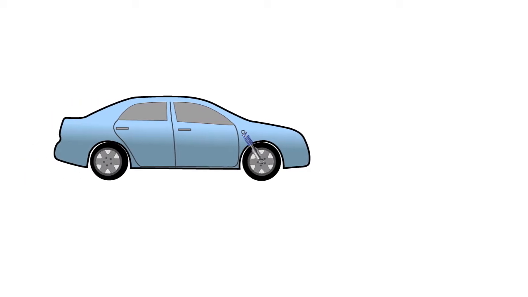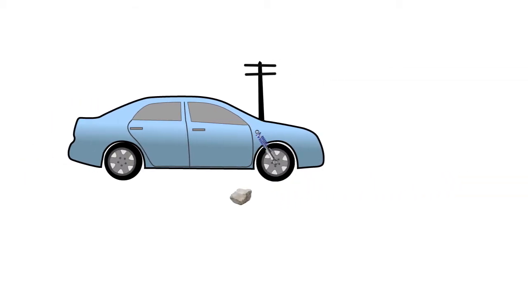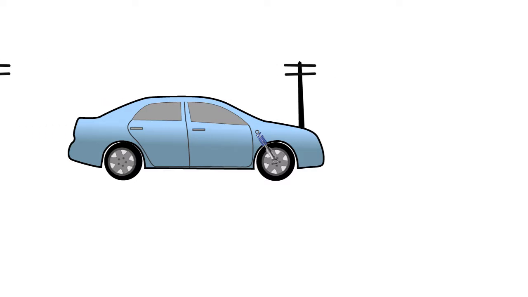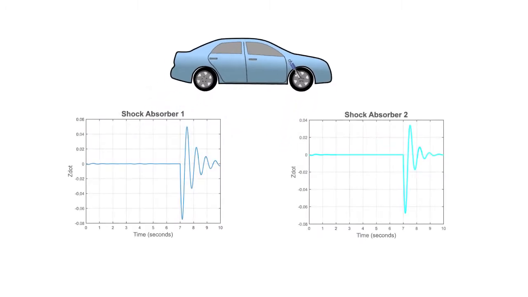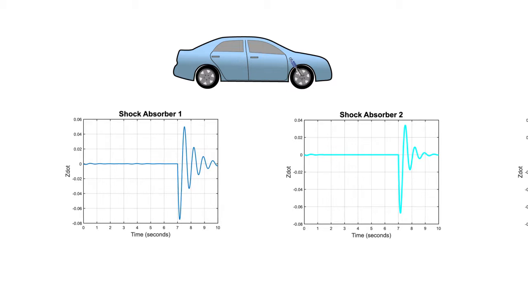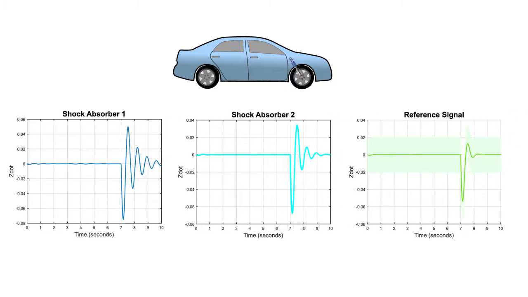Imagine we are designing the suspension of a new car. We know how we want the suspension to behave, but don't know which shock absorber we need to achieve this goal. To make an informed decision, we'll simulate the model with different suspensions and compare the results with one another. Also, we often have a reference signal, so we'll check if our results are within a desired tolerance of this